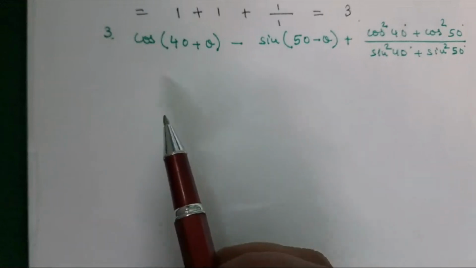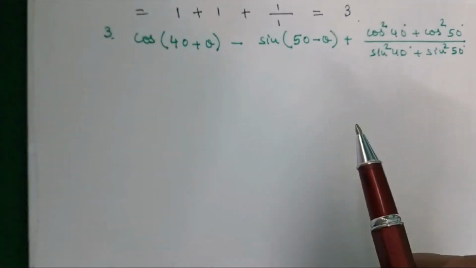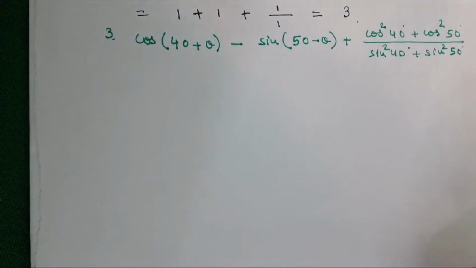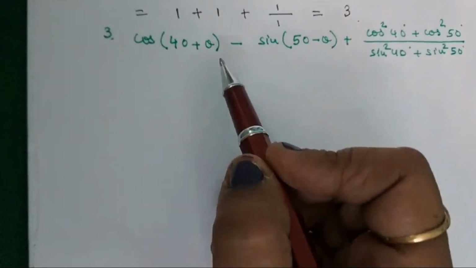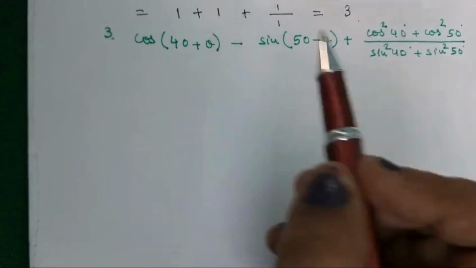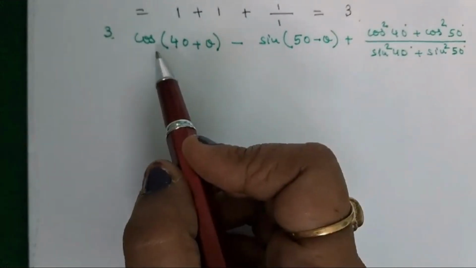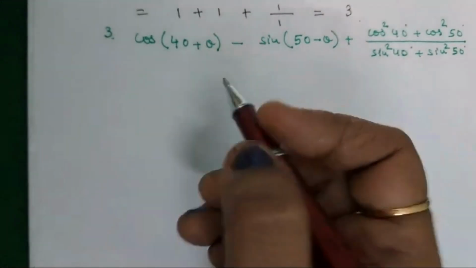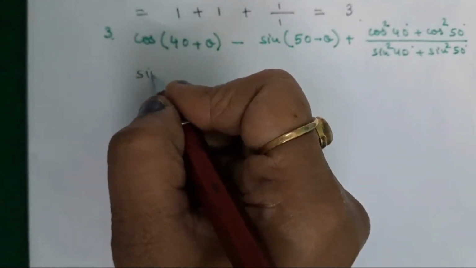Sum number 3: cos 40 plus theta minus sin 50 minus theta, plus cos square 40 plus cos square 50, whole by sin square 40 plus sin square 50. Now here this theta is unknown. So I am assuming that this 40 plus theta is more than 45 and 50 minus theta is less than 45. So I am changing this cos 40 plus theta, I am writing it as sin